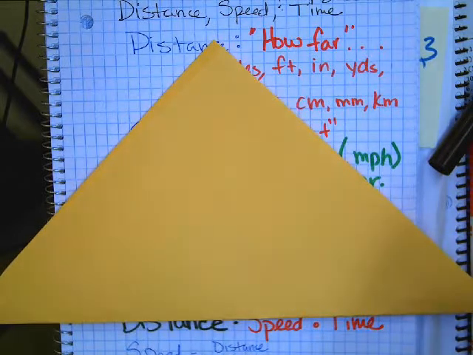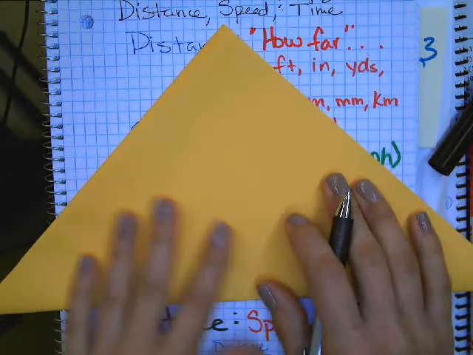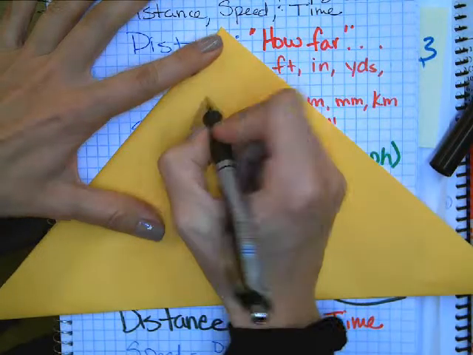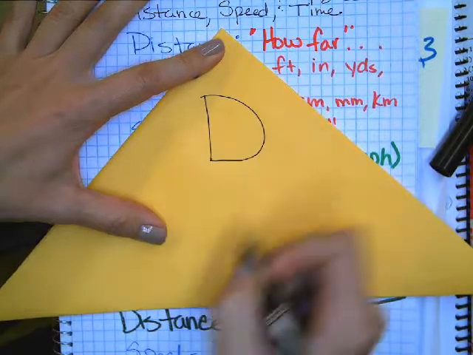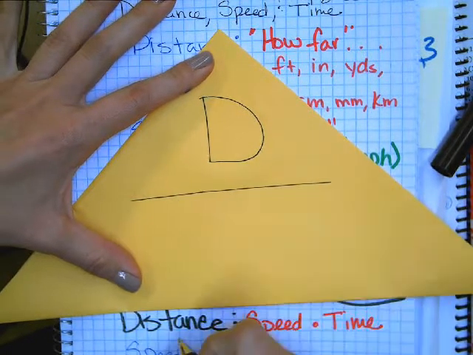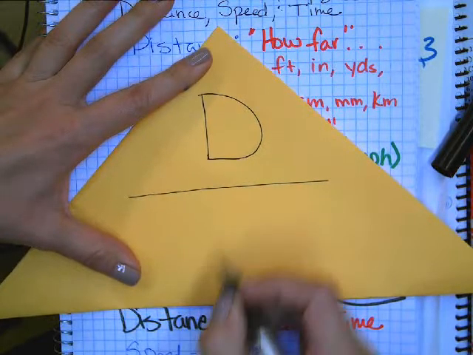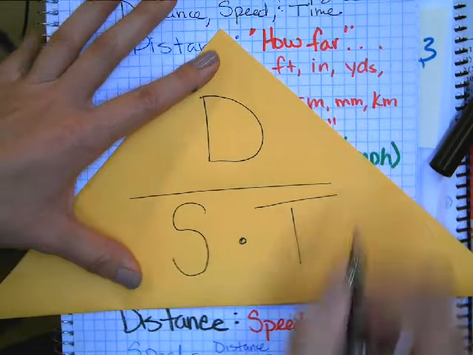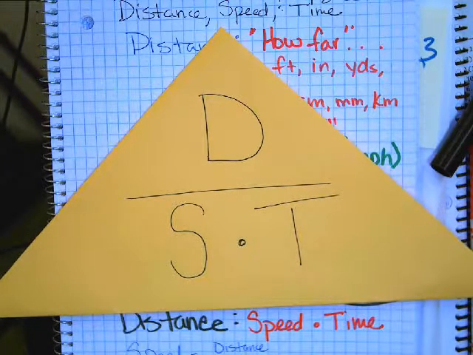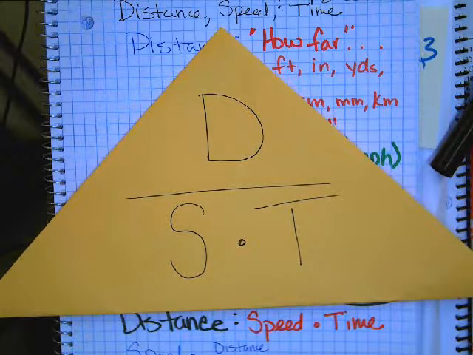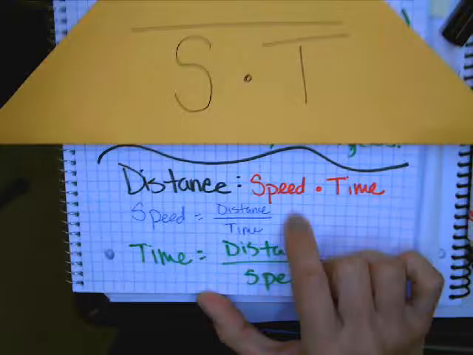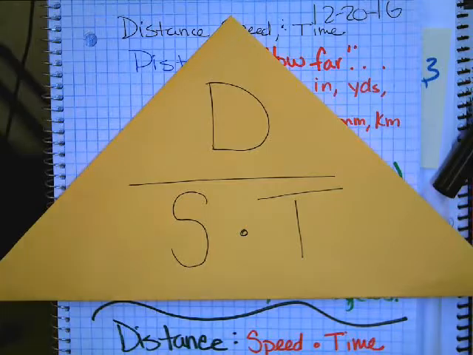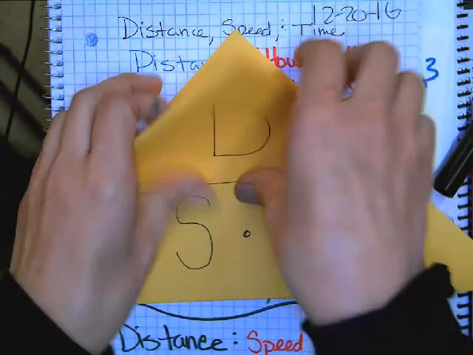Okay, taking your pencil, holding your triangle as such, you're going to write distance, then a division line, speed, time. This triangle is actually going to be used to solve these problems, and it's going to help us remember these three formulas. Okay? So, if the question's asking you for distance, what you do is you cover up the D